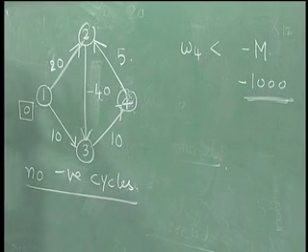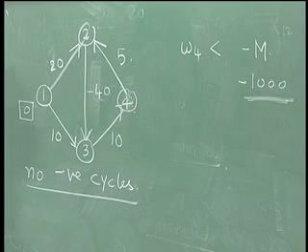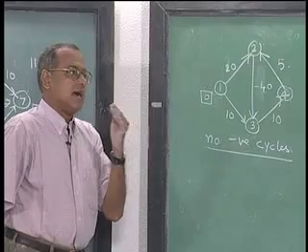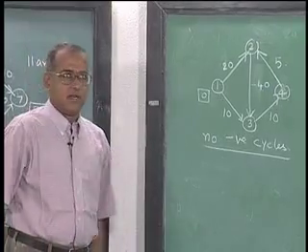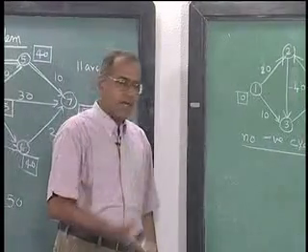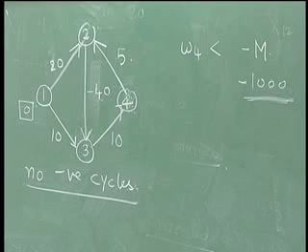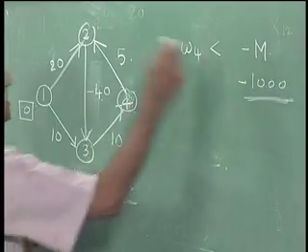So, the label correcting algorithm does two things. One is, if there are arbitrary costs and there are no negative length cycles, then the algorithm will terminate by giving the optimum value. If there are negative length cycles, then the algorithm will terminate by saying that there is a negative length cycle,